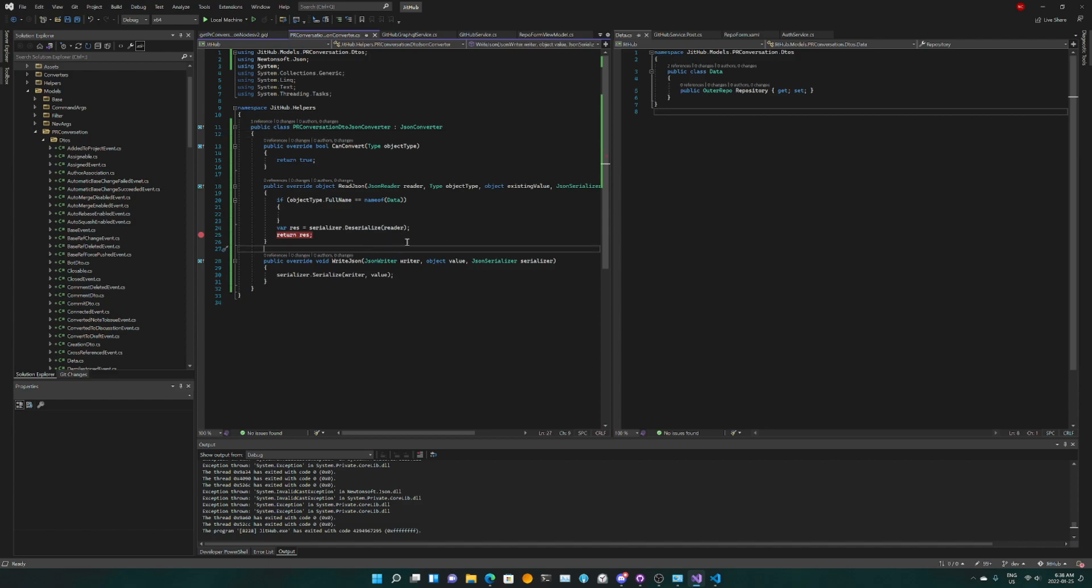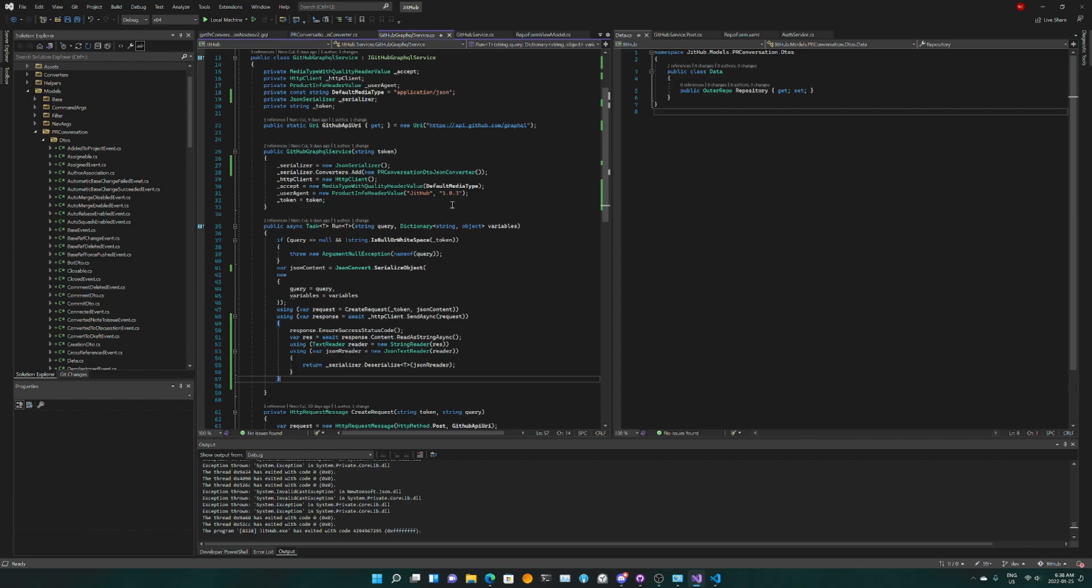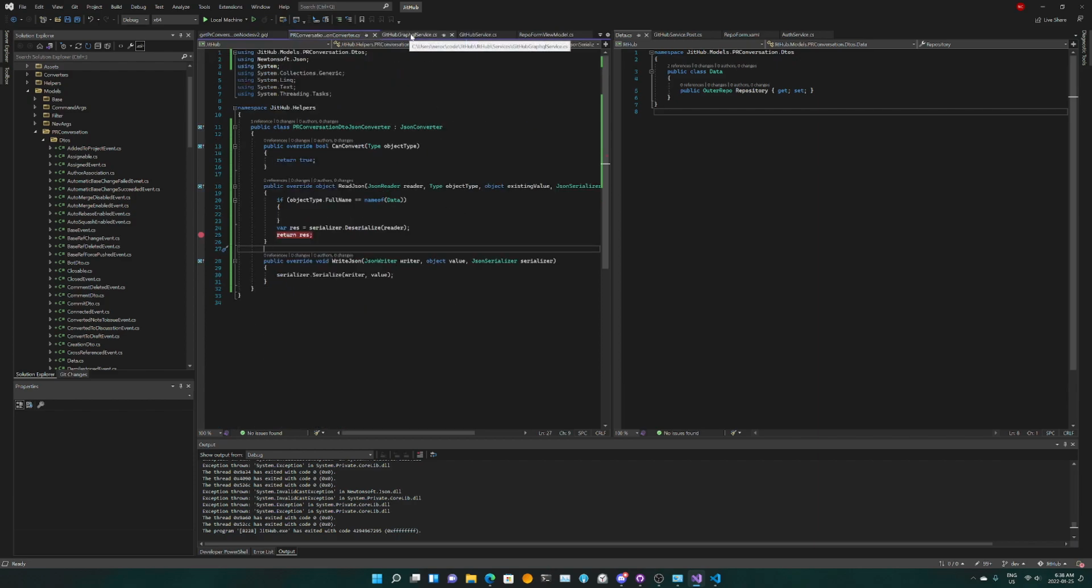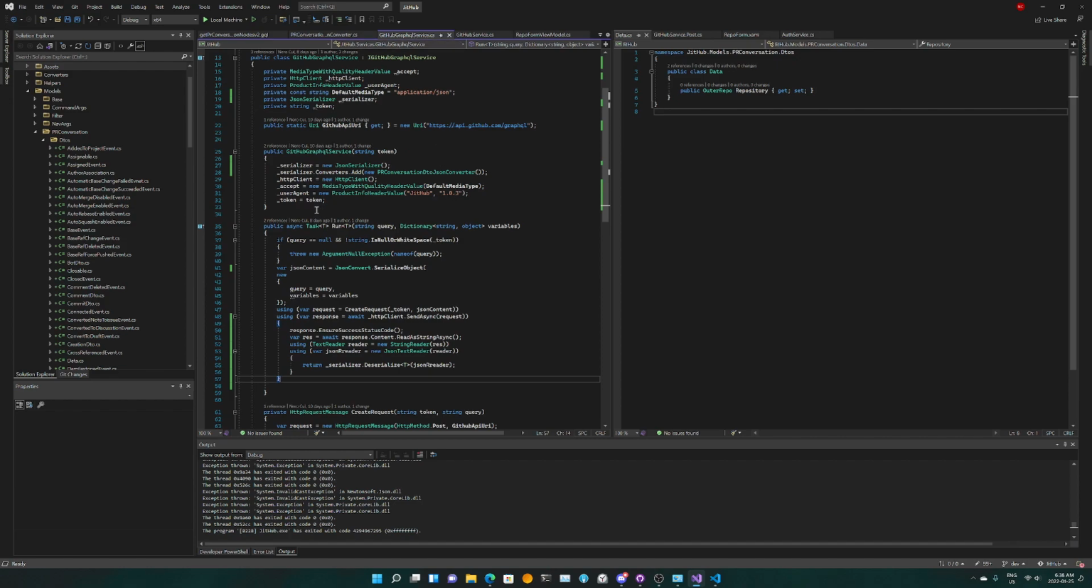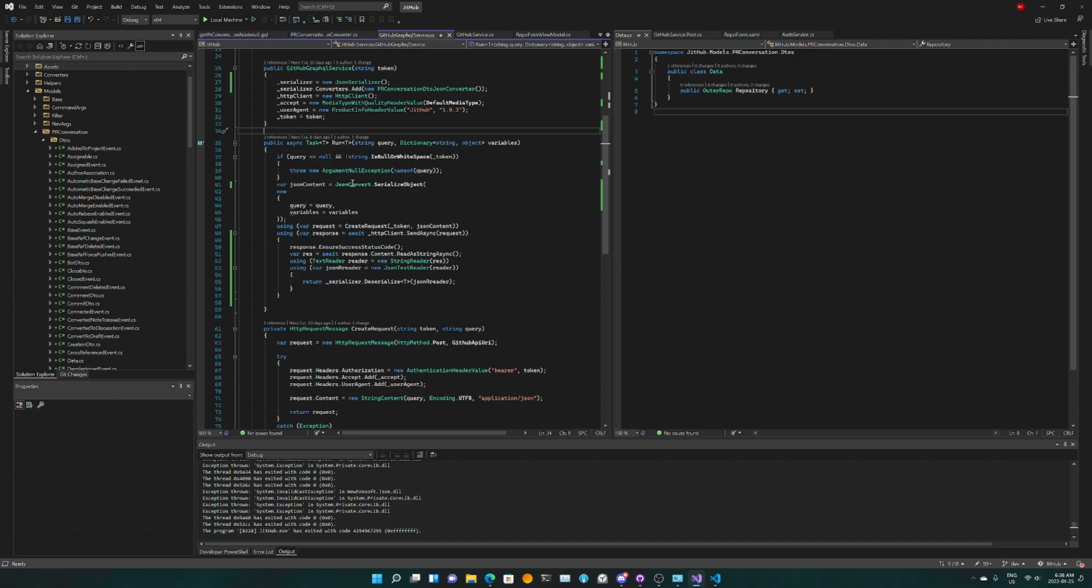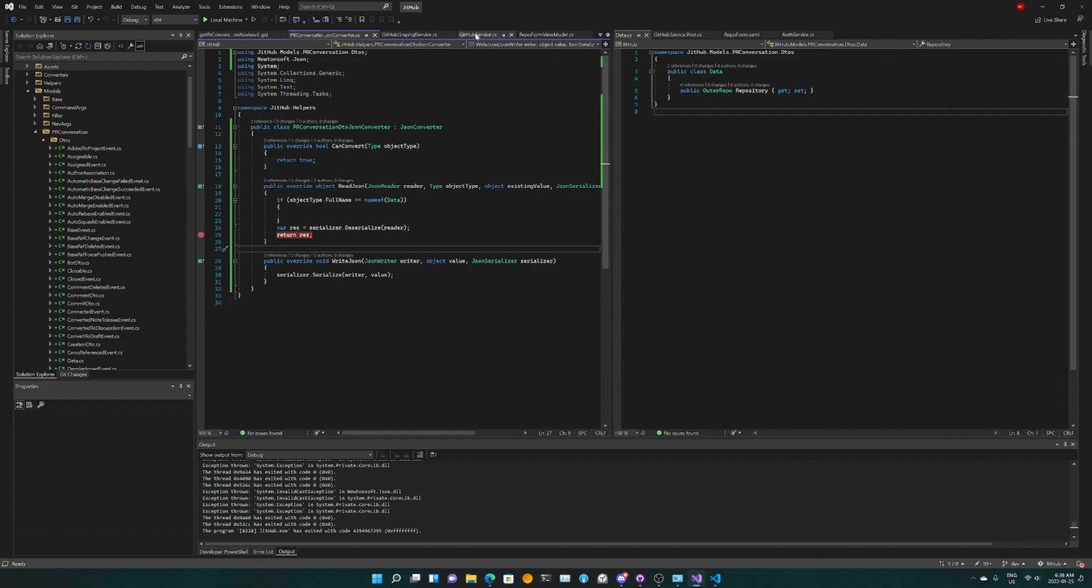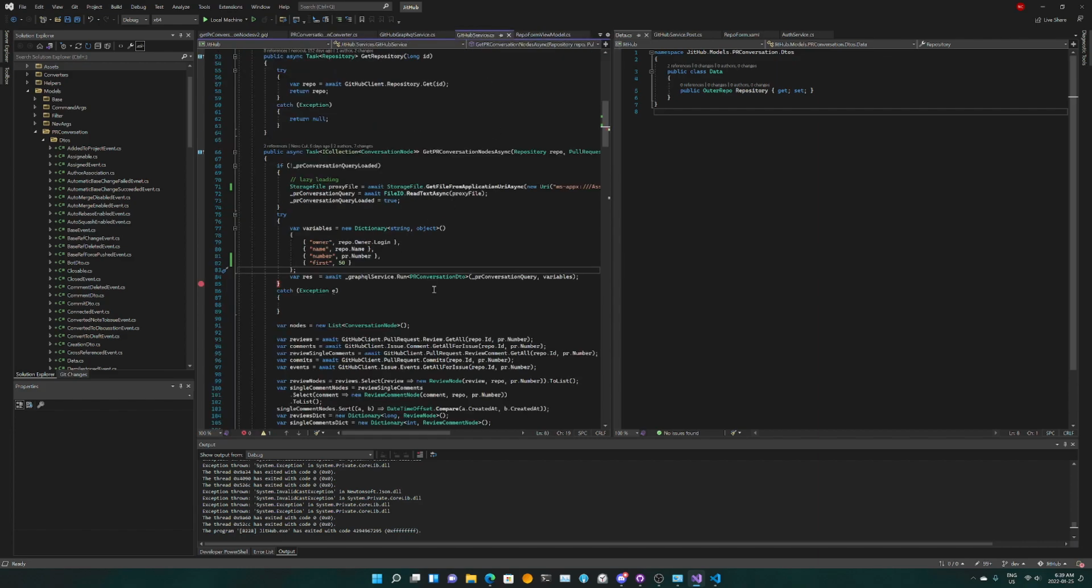But we are having some trouble deserializing the JSON into C# objects, essentially because whatever is returned from this response, we are trying to deserialize it into the type T, whatever we're passing in here, right? But the thing is, in the GitHub service, the type we're passing in is PR conversation DTO, where a lot of the items